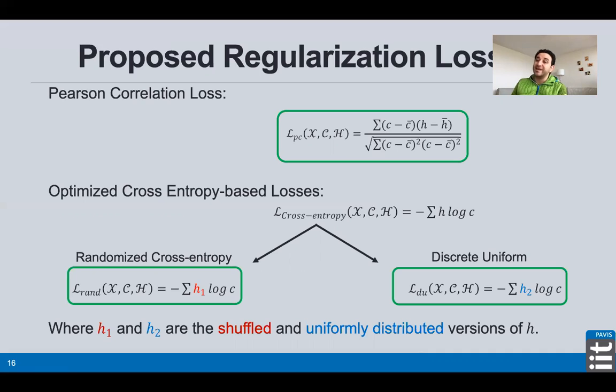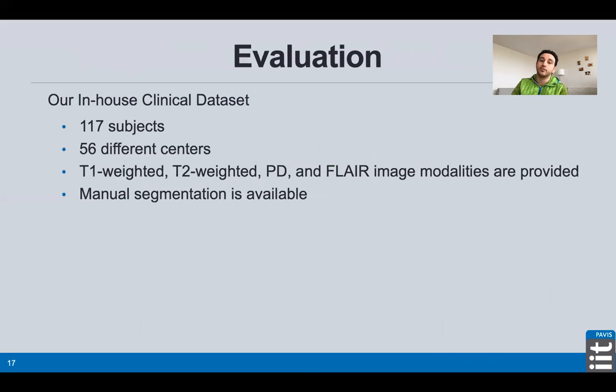And eventually, again, we try to push the network to not learn, or we encourage the network to remove this ID or scanner information from the dataset, a specific dataset which comes from the input of the network. For evaluation, we used 117 subjects,